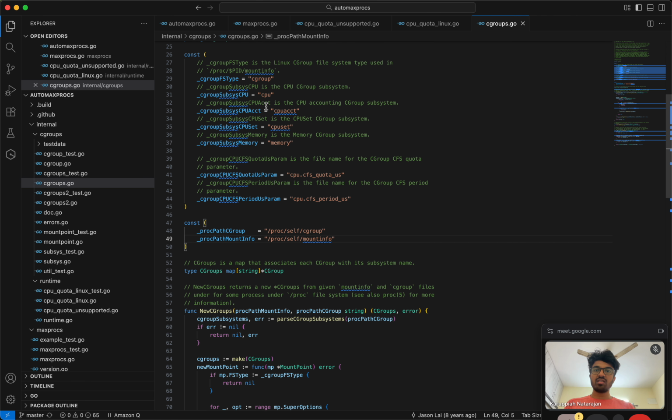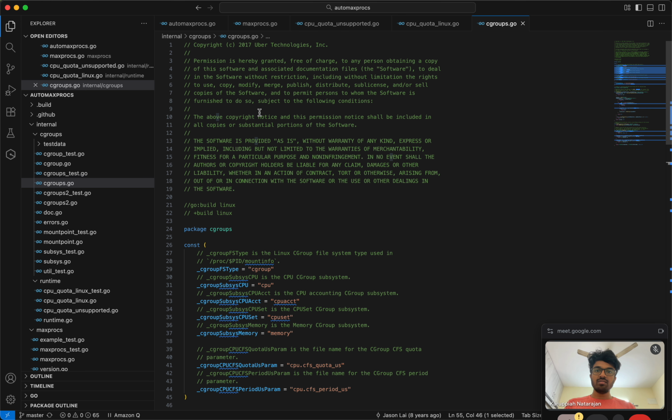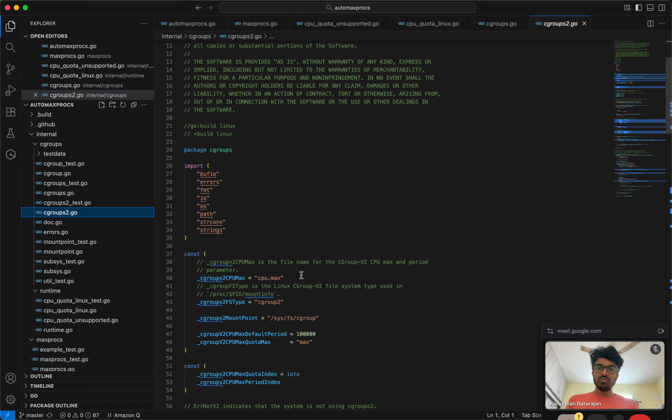Okay, so this is, I think, for v1. It doesn't say v1, but I guess this is mainly for v1, and it's only for Linux, of course. This is also of course for Linux. What's the difference? cgroup versus cgroups. Reference is cgroups v2.